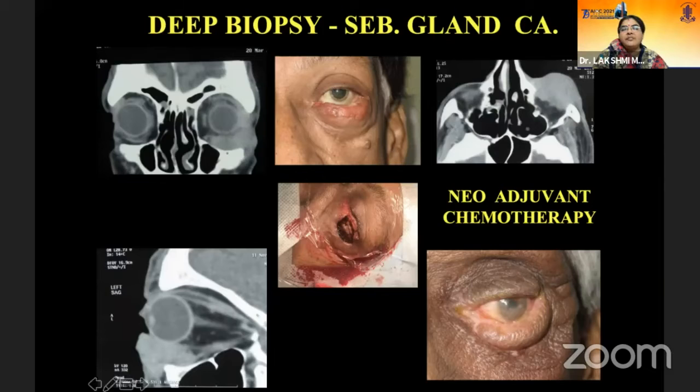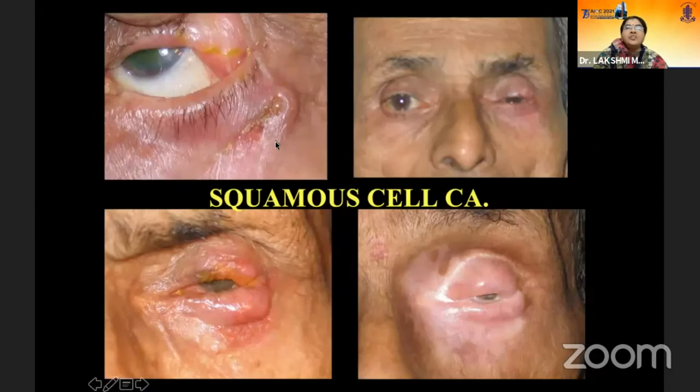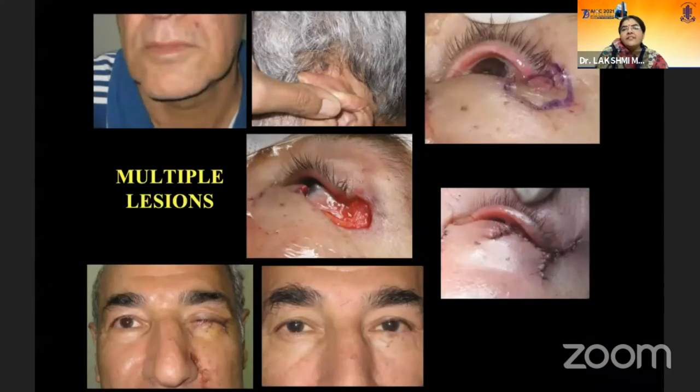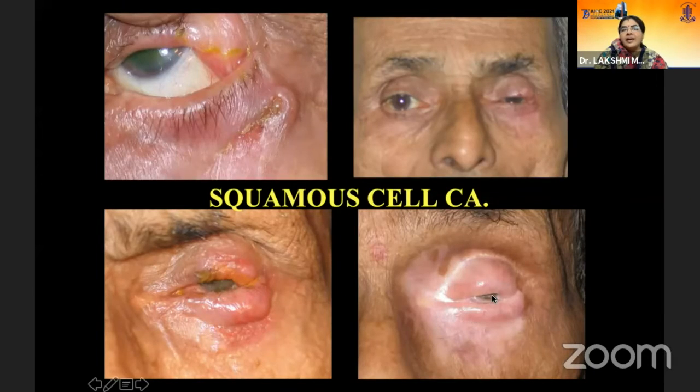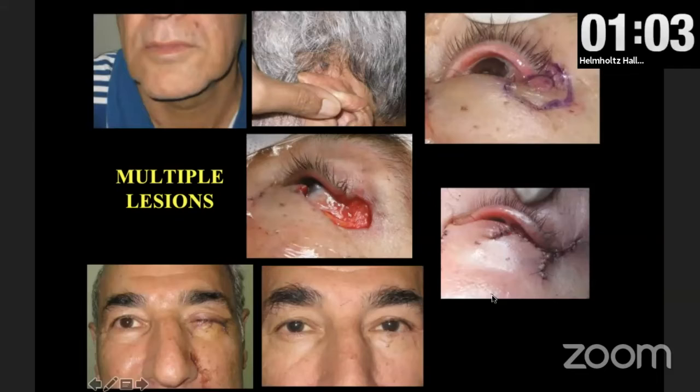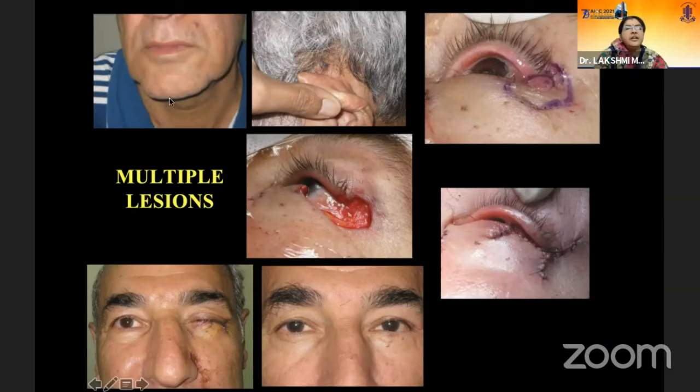I don't think you should have to suffer your life. He was otherwise very healthy for 11 to 12 years. And this was an unfortunate case again, squamous cell carcinoma. Because frozen section was not done, he had recurrence, and this was the situation after brachytherapy. But later on, he was so ill due to some other reasons, he had diarrhea and he succumbed. But again, the last years of his life were only agonizing, I would say, all for a simple lid lesion. So multiple lesions can be there in sebaceous gland carcinomas, in the nose, ear area.